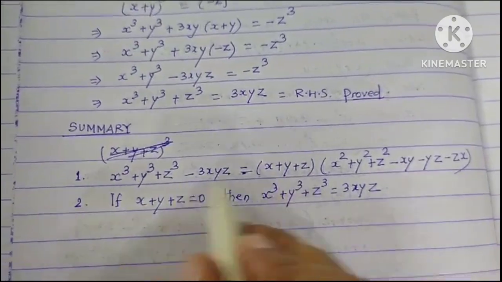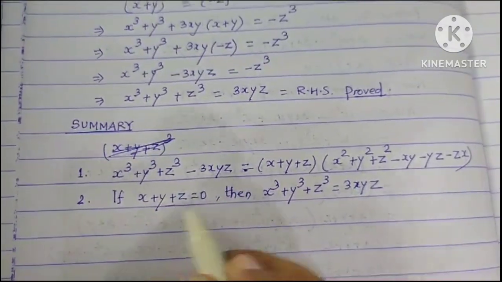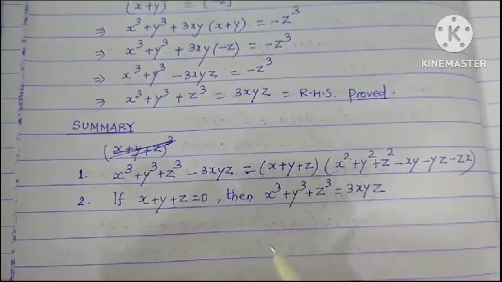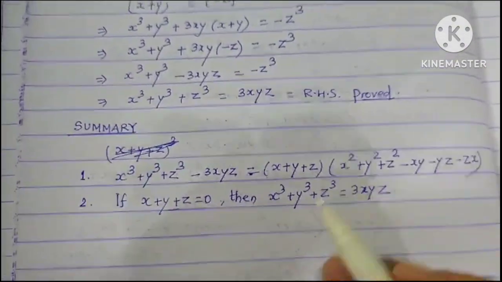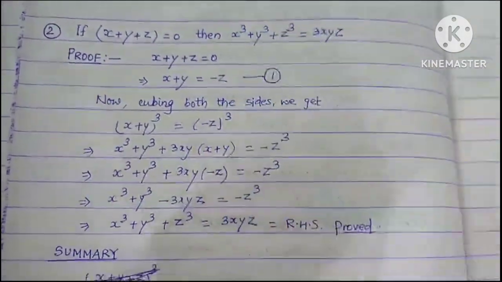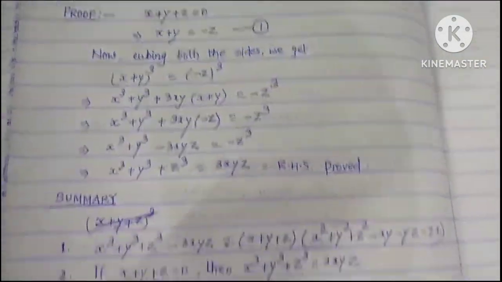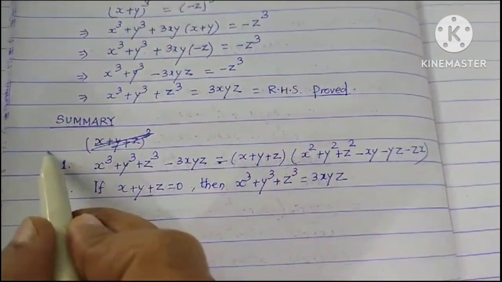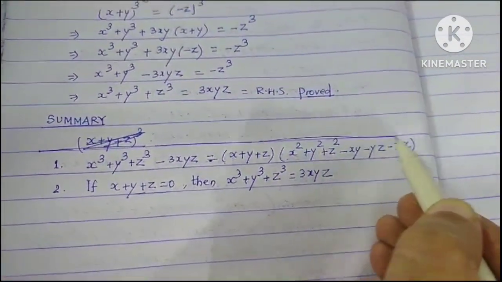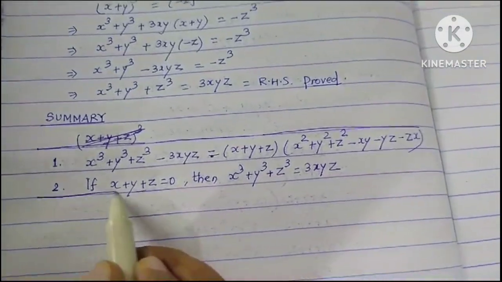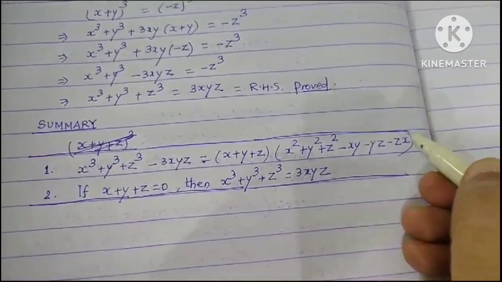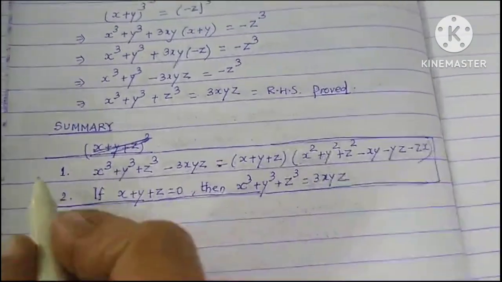This you can get from the first one also. When you put this one equal to 0, the whole right side becomes 0, so this equals this. But we have to do the actual proof, so we did it by this method. This is the correct method. So basically these two formulae we have to remember, and they will be useful throughout the next classes also, in higher classes. So we have to remember these two formulae in a clear way.